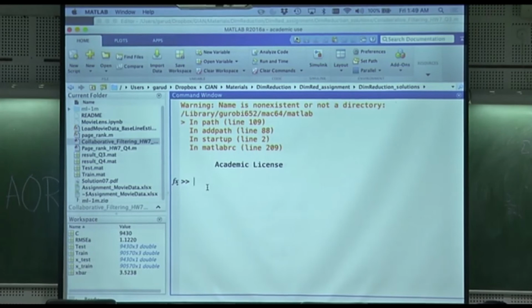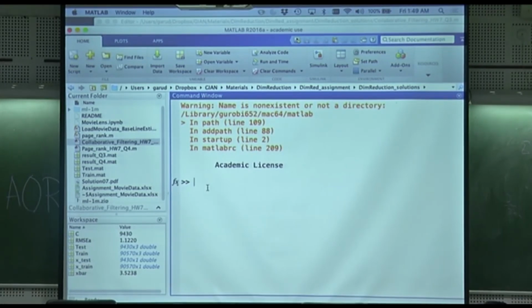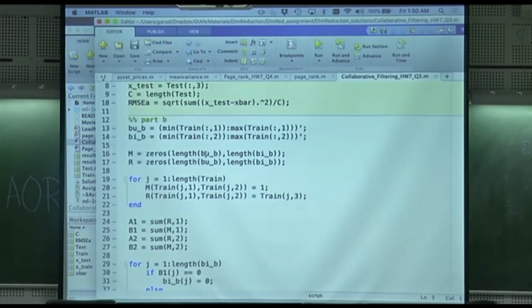We have all the data sets. So if I look at RMSE-A, it's about 1.12. This is the error between the ratings that I computed using the means and the ratings in the test set, the difference of the ratings with the mean versus the test. The next, in this particular case,